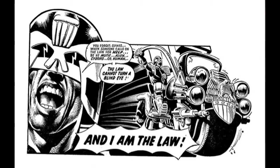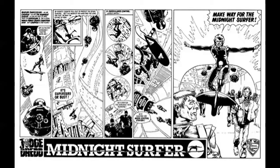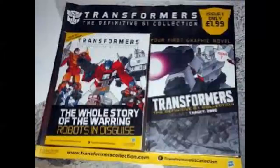I was a big fan of the Invaders back in the day. I'd love to get some more Invaders, good quality collections and reprints, something like that. So I think this is good. But equally, I'm a dipper in this. I buy it because I like that particular issue, and I'm not going to collect the